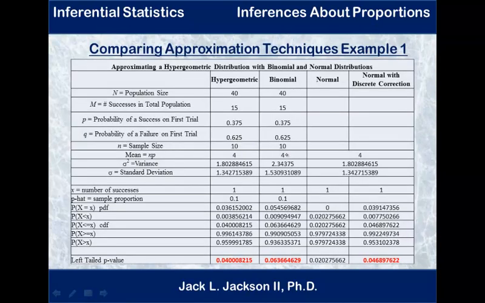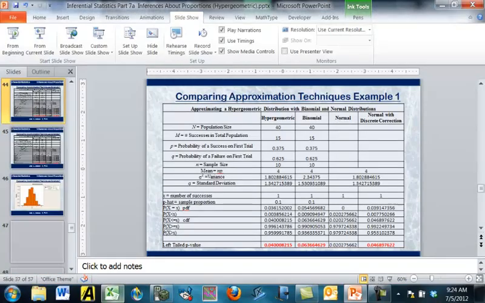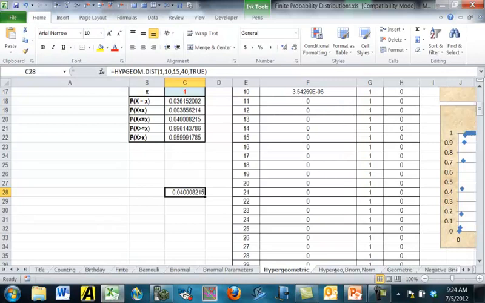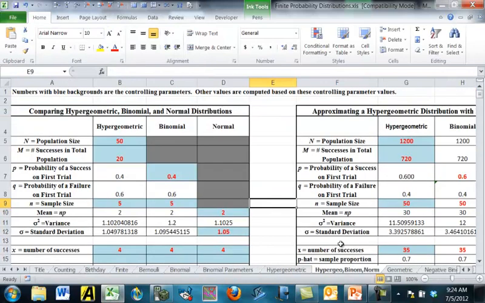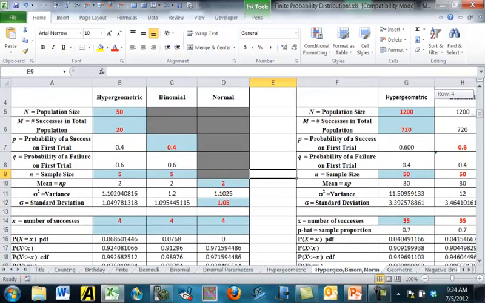So here I have the examples that we've done before. And by the way, let me show you this. This comes from this Excel sheet. I've added a tab recently that goes over here. And the first case, like the other tabs in this sheet, you can change the numbers, the red numbers with the blue backgrounds. So this one, you can do any hypergeometric, any binomial, and any normal that you want, and it will compute